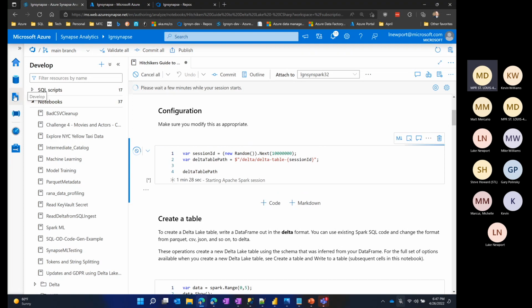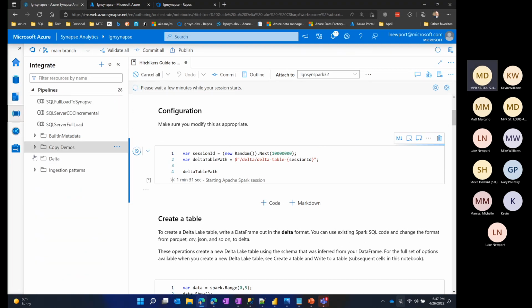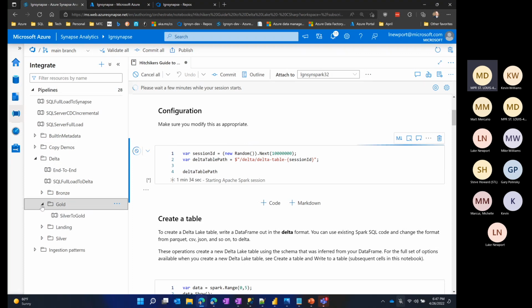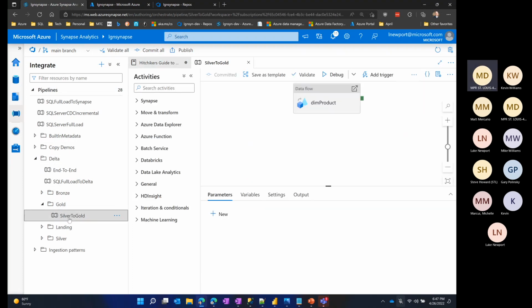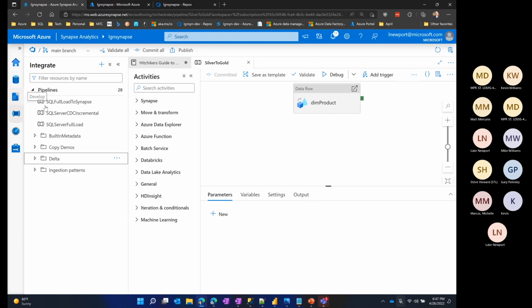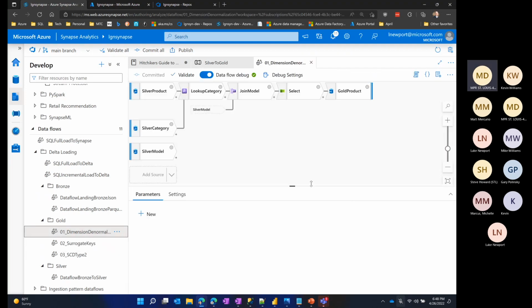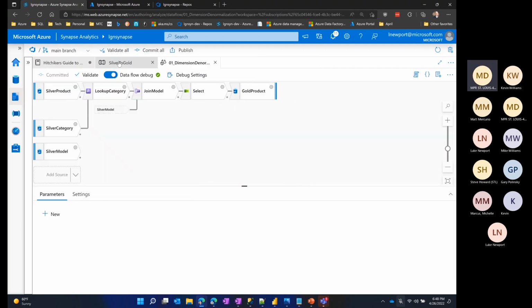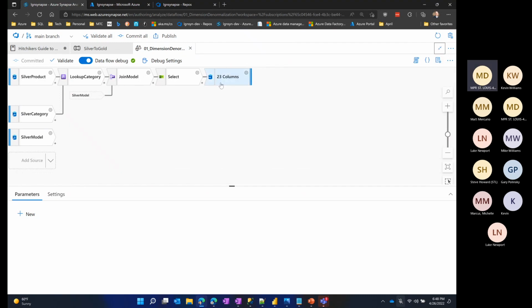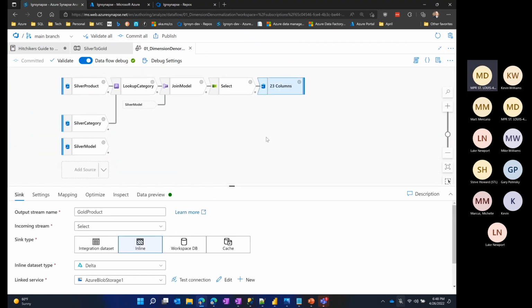So looking back to the dimension denormalization piece, I'm going to go back to the data flow. I did silver to gold here. I'm going back to my data flow, doing dimension denormalization. Expand this out. On this side, you can see that I have a bunch of sources on my left, some little transformations, which I just told you are doing some joins on these tables, columns. On the sink side, which is my output, you can see that I'm outputting to an inline data set